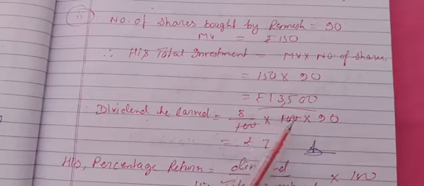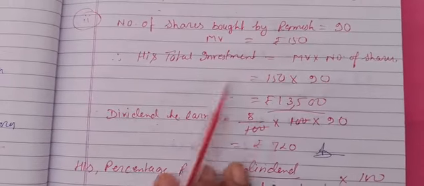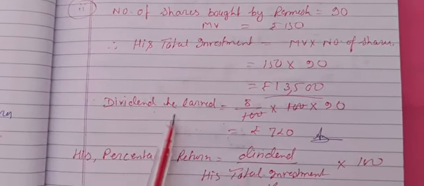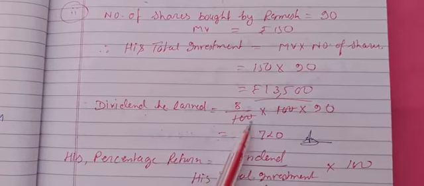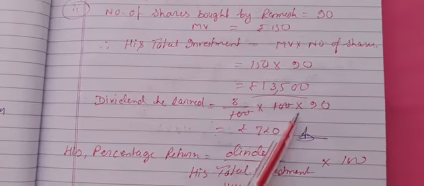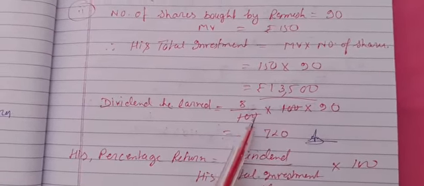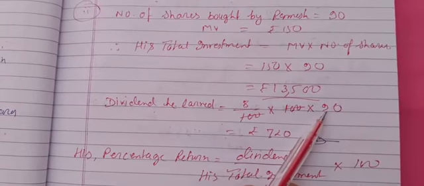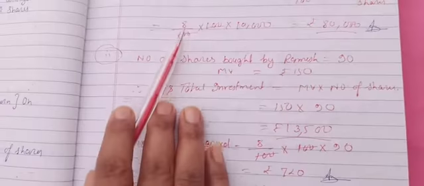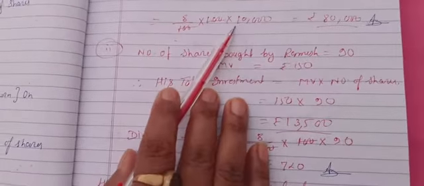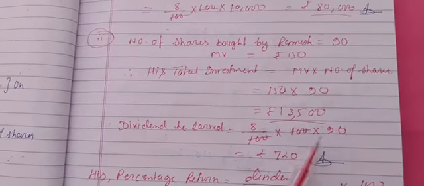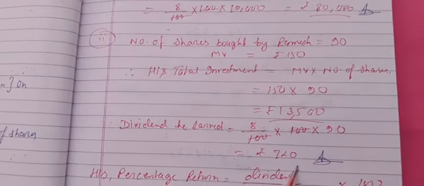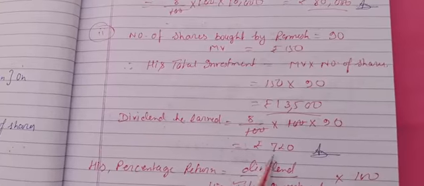So what is his dividend? How much income did he earn from 90 shares? Again we will find the dividend he earned, which is again dividend percent upon 100 into face value of the share into number of shares. So I have written 8 upon 100 into 100 into 90. See, there we wrote 8% into 100, but there the number of shares was 10,000. Here the number of shares is 90. So the 100 cancels and 8 nines are 72. So here it is 720. So his earning as dividend is 720 rupees.